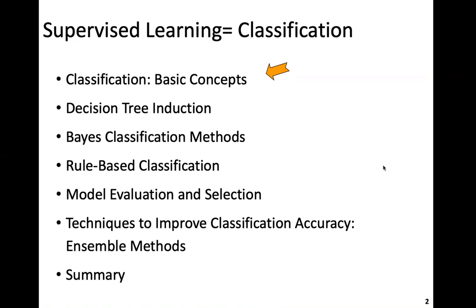Here you can see that there are some approaches which are being mentioned. That is, what are the basic concepts related to classification, and in machine learning, one of the very important methods is the decision tree approach. Given certain data, how do we induce the decision tree? Decision tree means that we take a sequential classification and try to divide the data set available to us into smaller and smaller groups such that every group is very homogeneous.